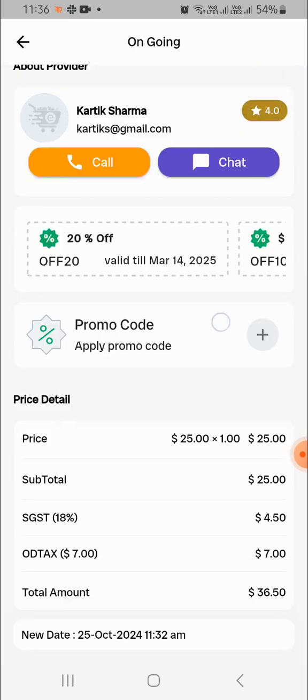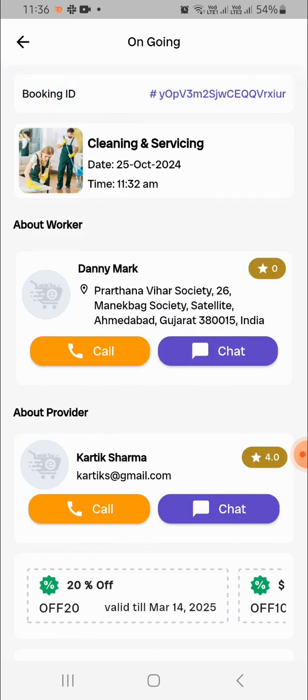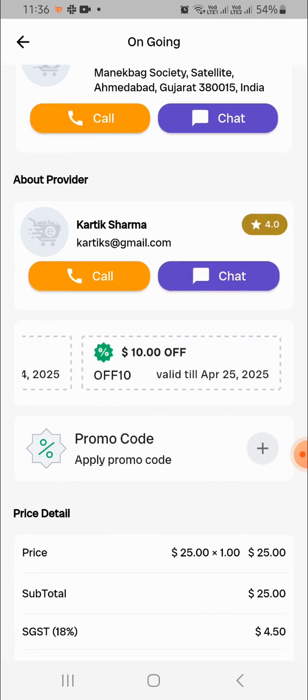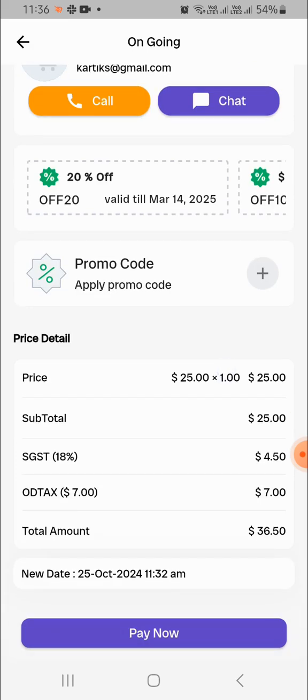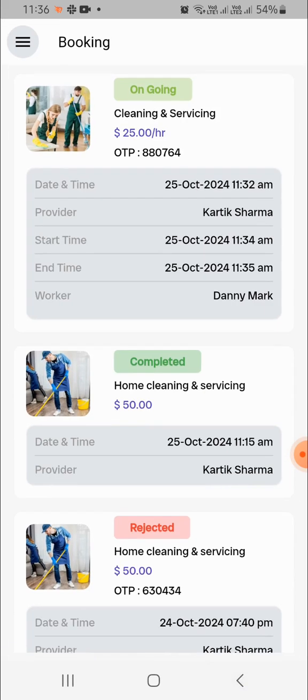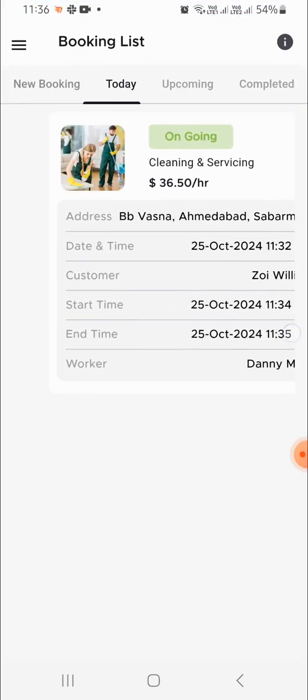After stopping the time, the pay now button is showing for the customer, and here you can see the coupon option available for the customer to apply a coupon. Here you can also see the end time on the customer side and on the provider side.